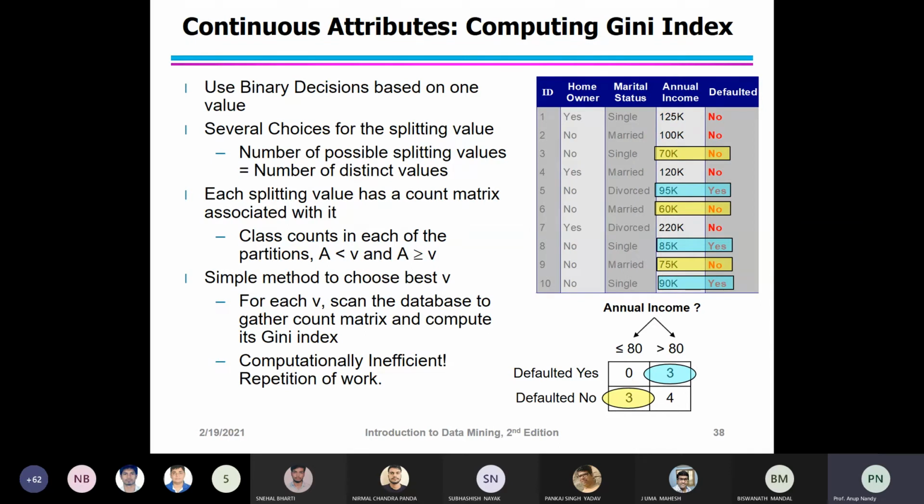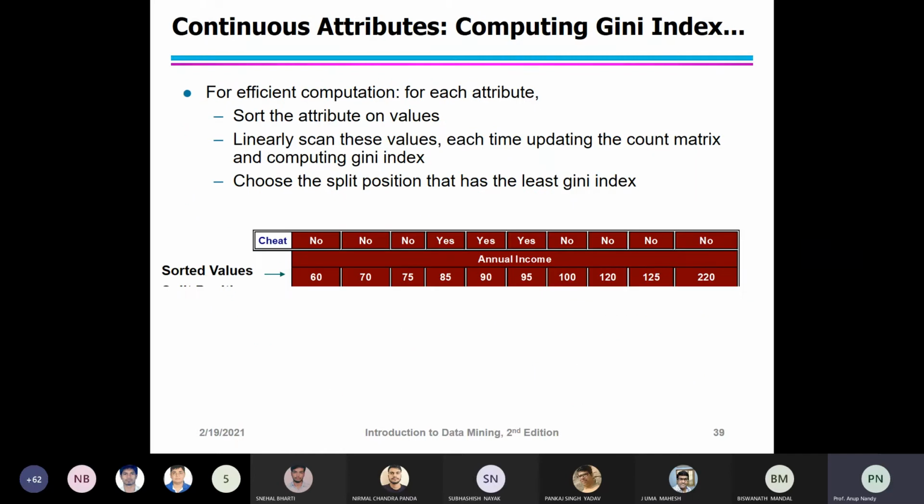Now, the candidate split positions are identified by taking the midpoints between two adjacent sorted values. For efficient computation, for each attribute you have to sort the attribute values. Then you linearly scan these values, and each time you update the count matrix and compute the Gini index.